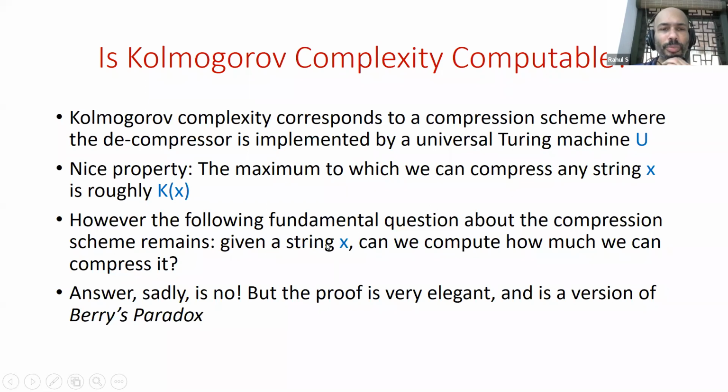Just one remark I want to make here is that we're going to be proving that Kolmogorov complexity K of X is uncomputable. And in particular, this will also imply that there cannot be a computable compressor. Because if there were a computable compressor, then you could use it to measure K of X, because you just look at the size of the string that the compressor produces, and that string will have size K of X. So if there was a computable compressor for this compression scheme corresponding to Kolmogorov complexity, then you could also compute K of X. So if K of X is uncomputable, it also means that there cannot be a computable compression scheme.